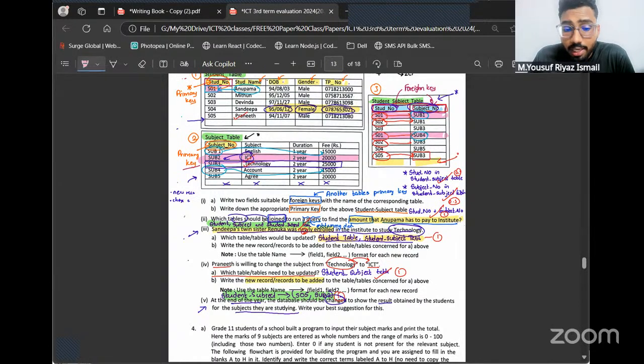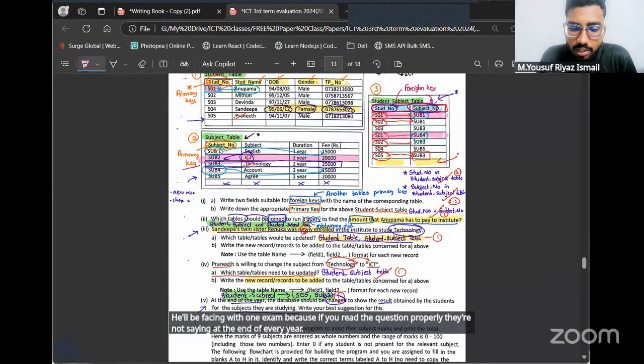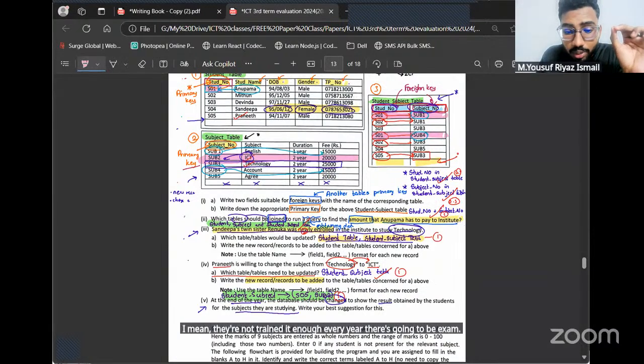He'll be facing only one exam. Because if you read the question properly, they're not saying that at the end of every year there's going to be an exam. They're just saying that at the end of the year, the database has to be changed. They're not saying at the end of the year there's an exam. Okay, but